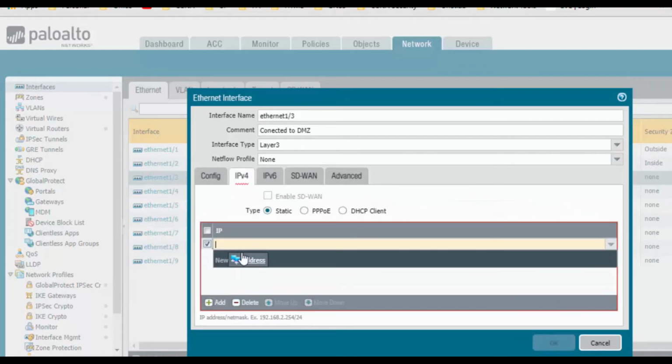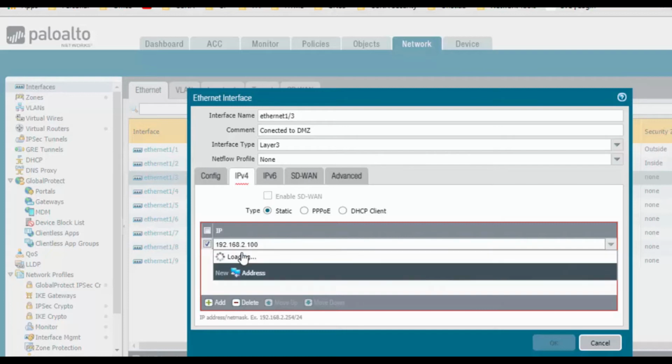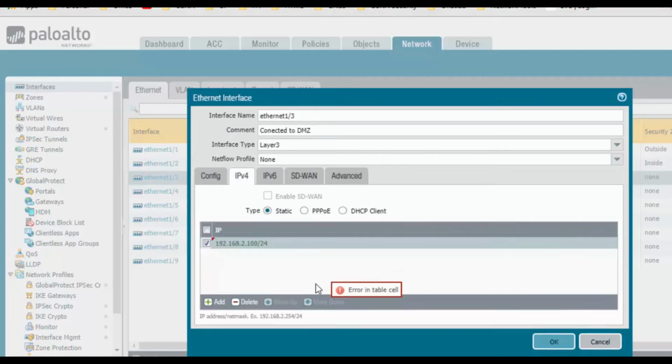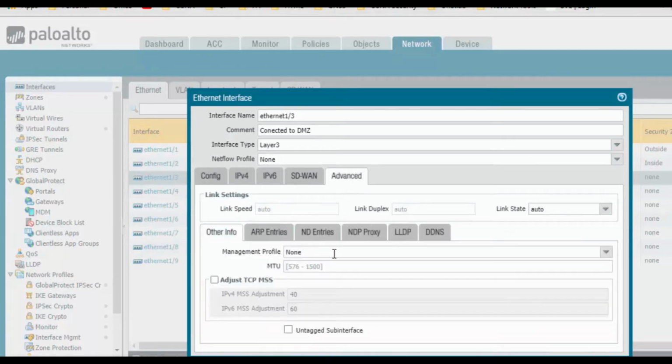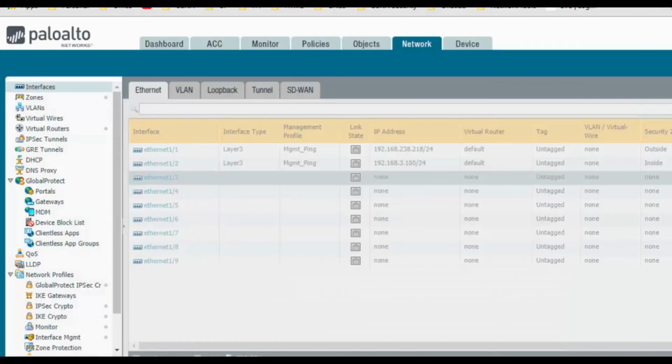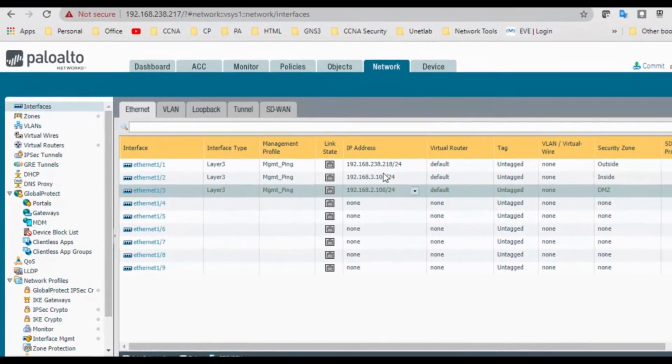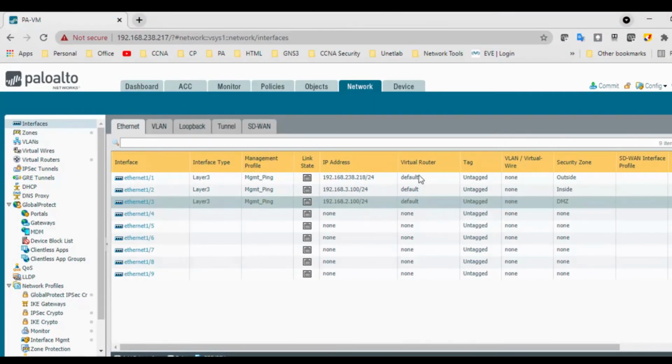Click on Add and enter 192.168.2.100/24. Go to Advanced and select the management profile. Click on OK. So as of now we have configured the interface type as Layer 3, the management profile, the IP address, the virtual router as default, and the security zones.